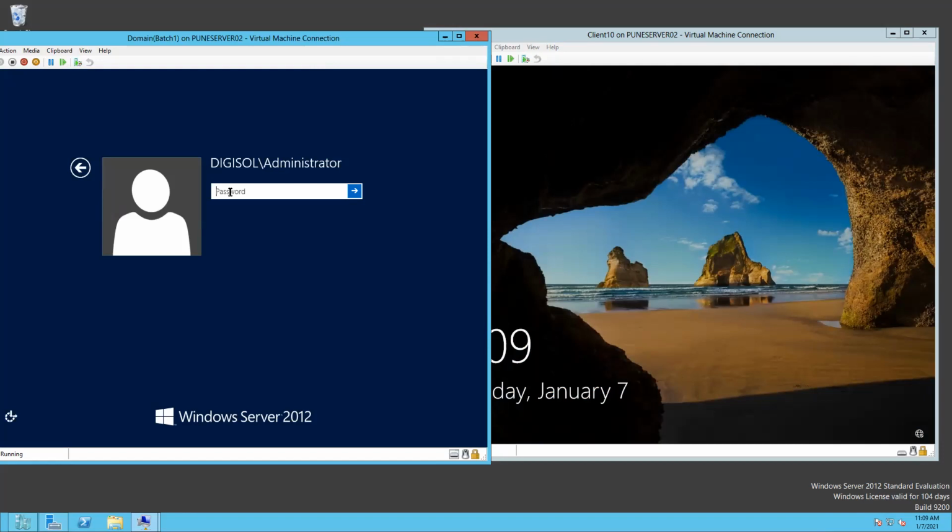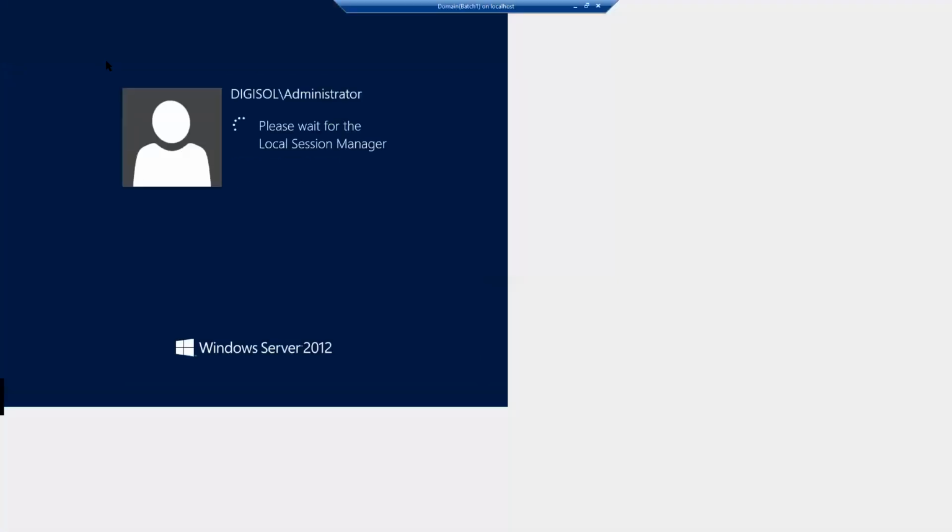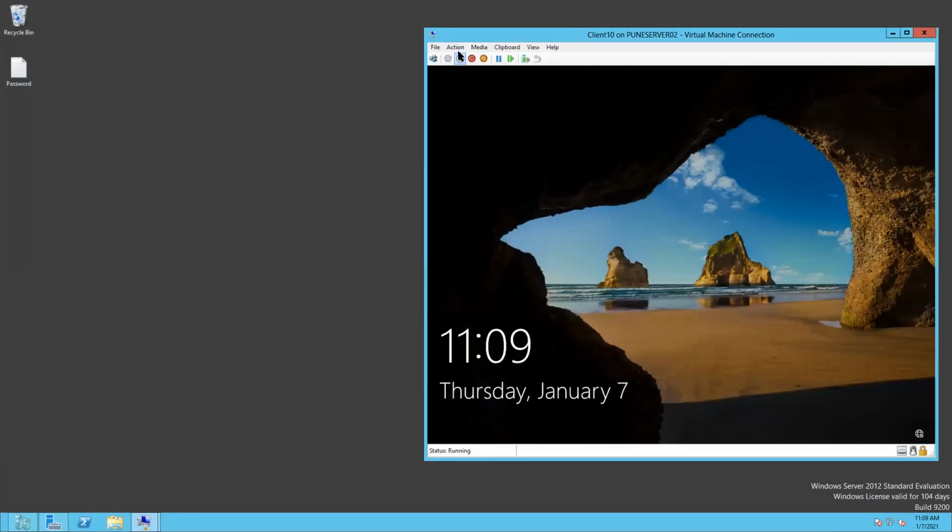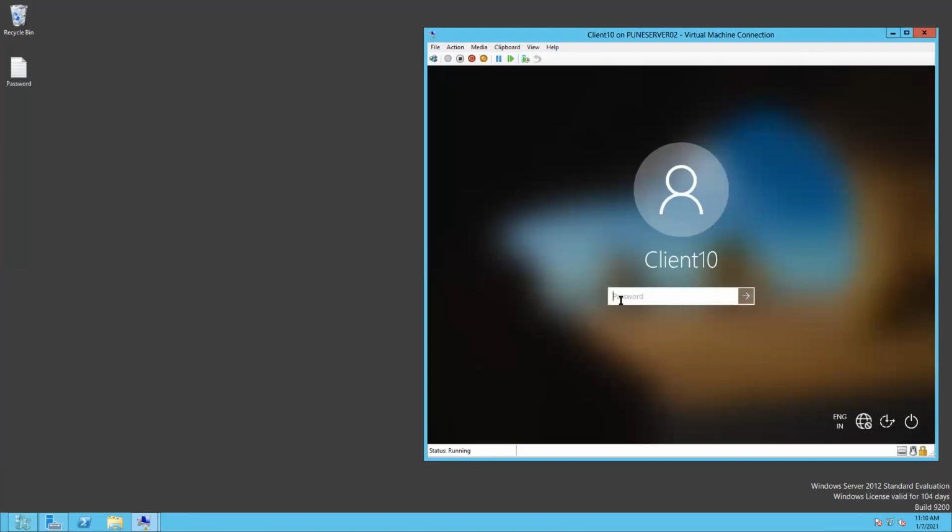I'm logging into this domain with the admin password, and then I'll make it full screen. Log into this client machine as well. So I will type the password here for the Windows 10 operating system client.